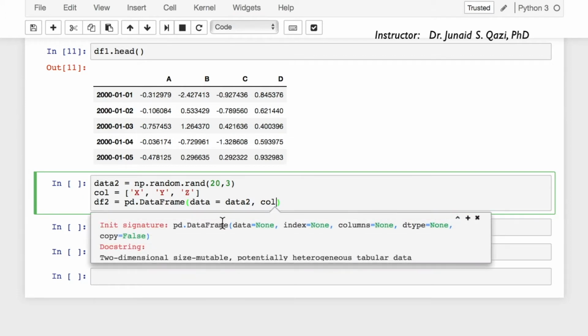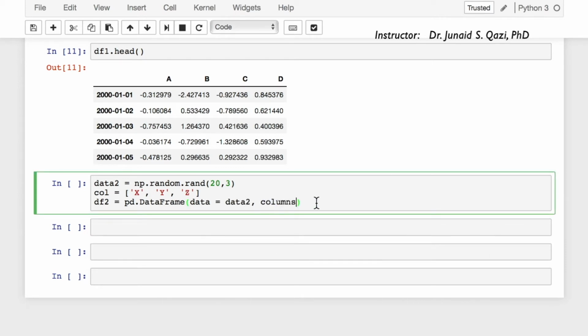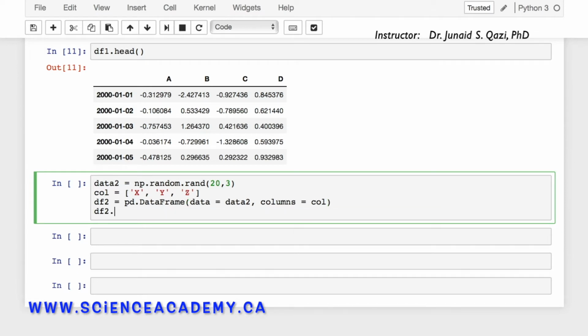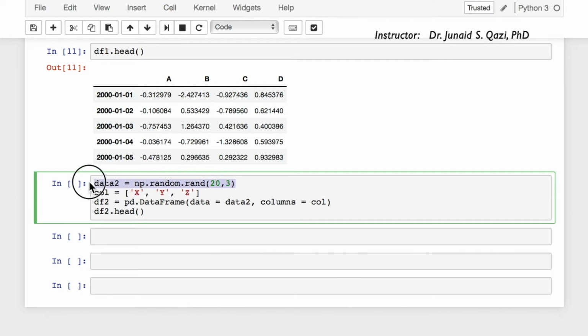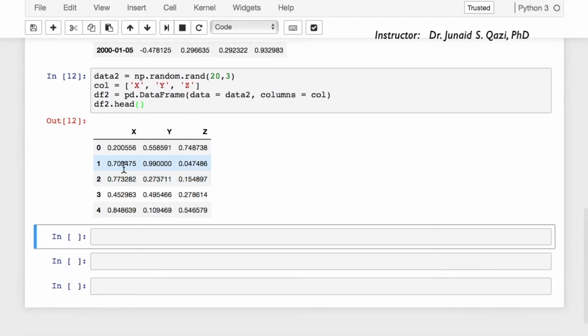If you press shift tab, you have data, index, columns. So we have columns as col. Let's copy this one from here. I hope you remember all these things from the Pandas data analysis section. So equal to col. And let's check the head of the data frame at the same time. So what we are doing, we are generating random numbers here, a 20 by 3 matrix, and then creating a list of columns and passing that data to the data frame, and columns col to the data frame, and creating a new data frame df2, and then checking the head of the data frame. Let's run this cell. So here we have our second data frame df2 with index as 0, 1, 2, 3